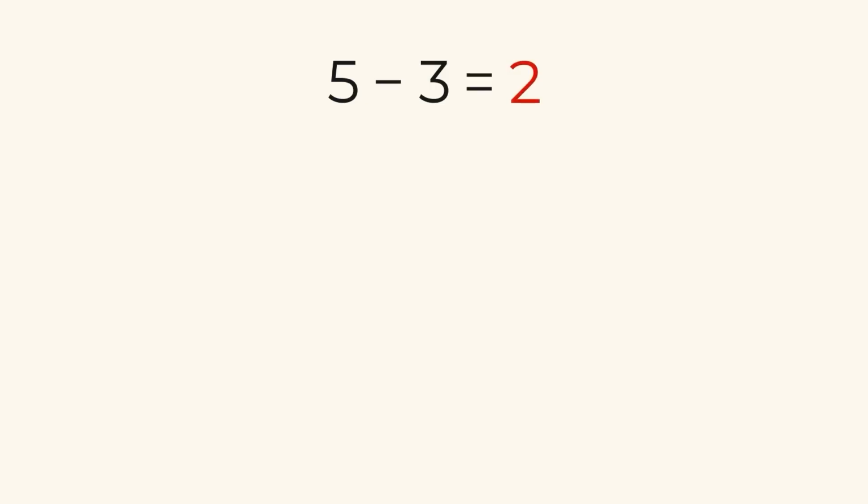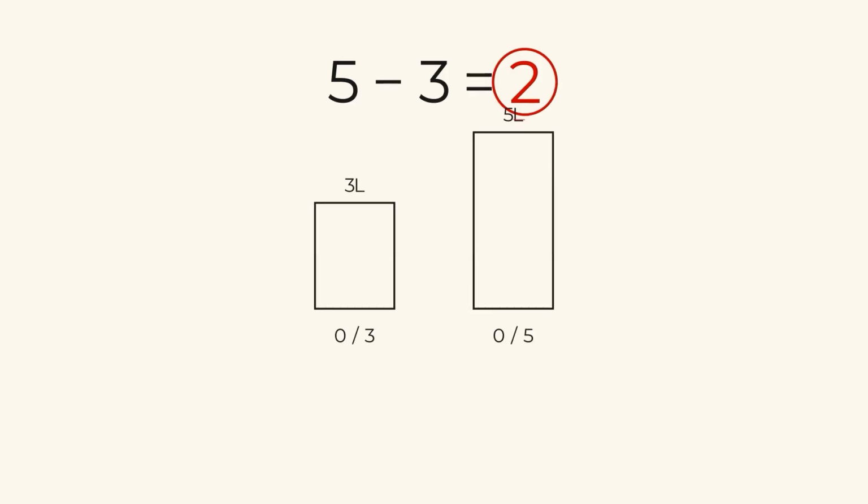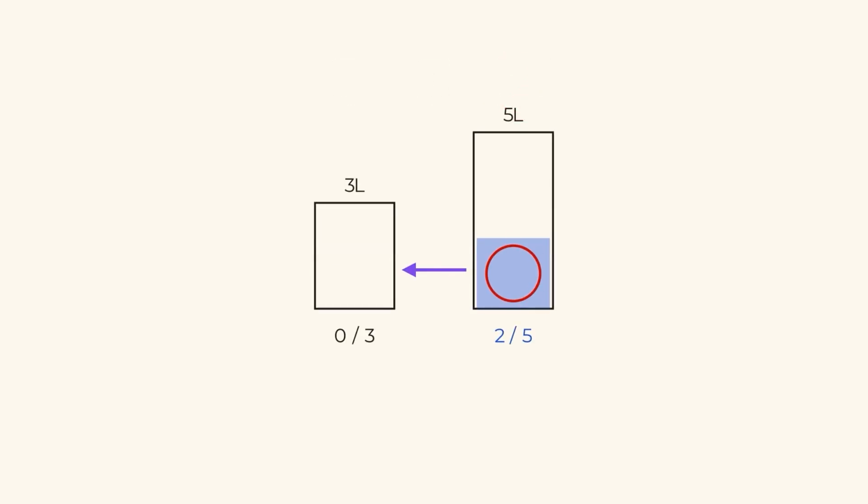The key insight is this: 5 minus 3 leaves a remainder of 2. And that remainder is the value we are going to carry forward and park in the small bucket while we reset the large one. Without this move, you lose the 2 liters entirely and must start over, which is what